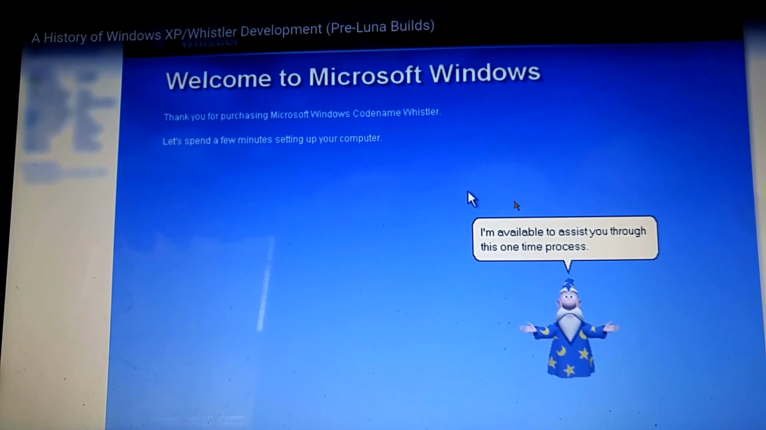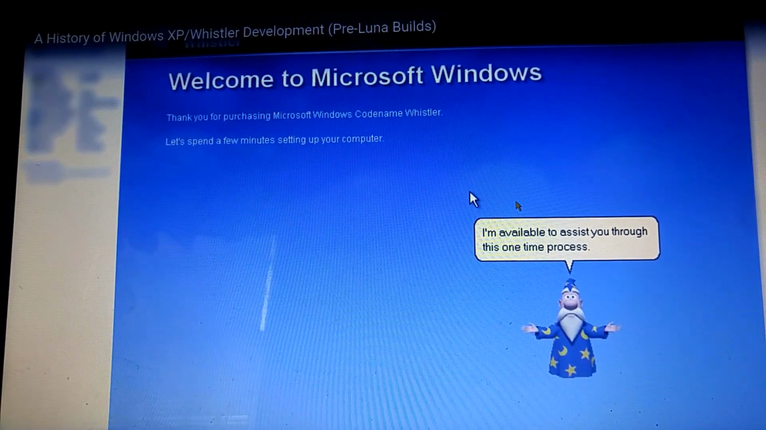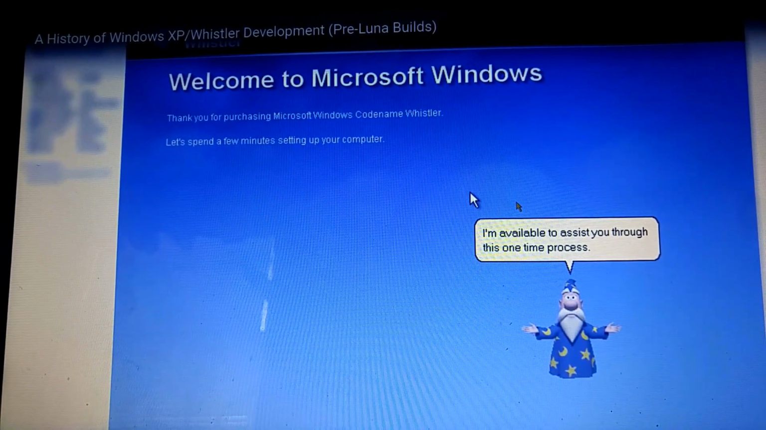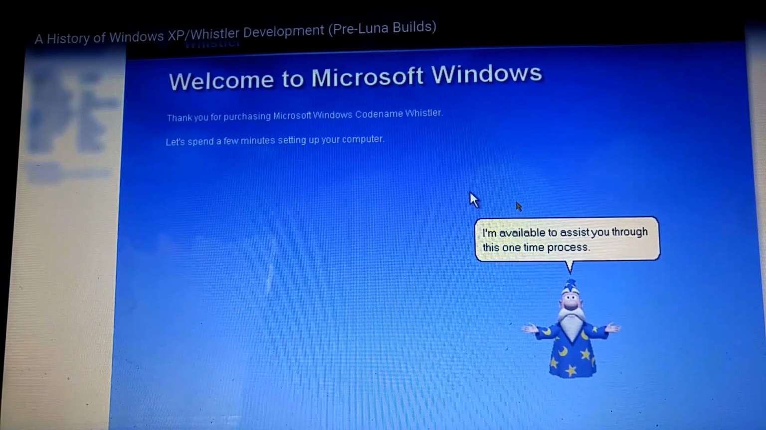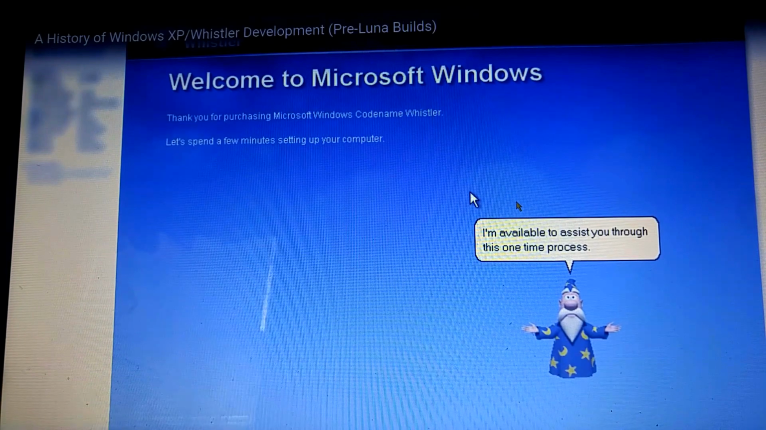Sorry, I don't think I was recording. So this is pre-Luna. It was very old, very flat. Luna, I don't know if it recorded me saying this, but Luna was before